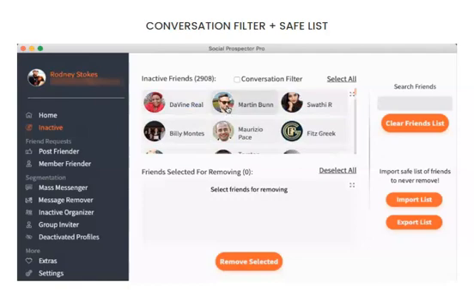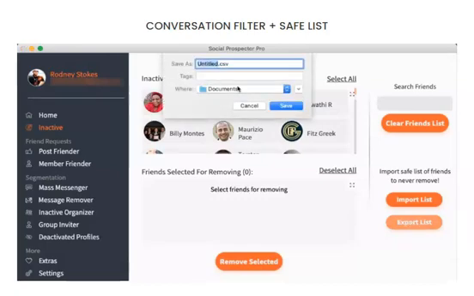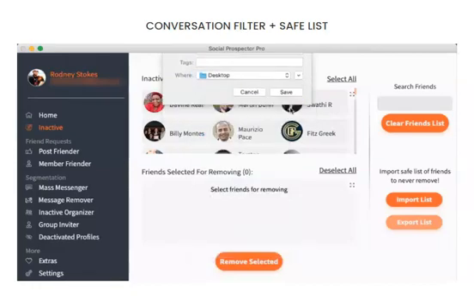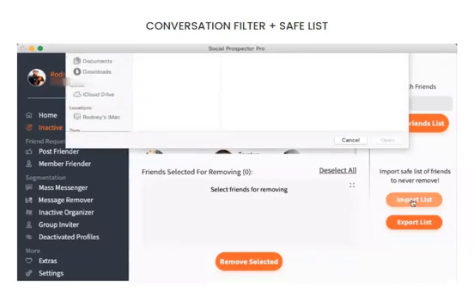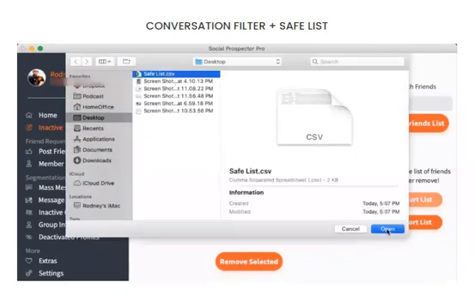Okay. And then once I finish adding those people to the safe list, what I want to do is I want to export that list. Let me just do safe list, and I'm going to save that on my desktop. And you see it says save successfully. Now, what that did was it backed up my list of people that I want to prevent from being removed. So every single time you open up this software and you run through this process, before you remove anybody on this list, you want to make sure that you click on import list